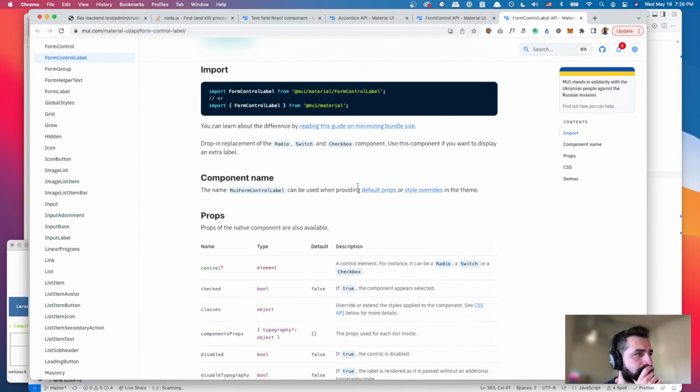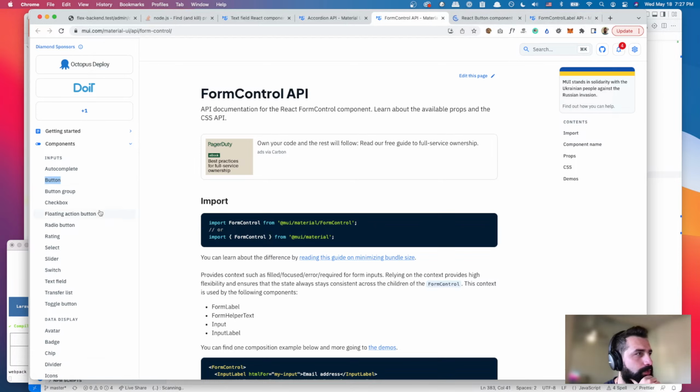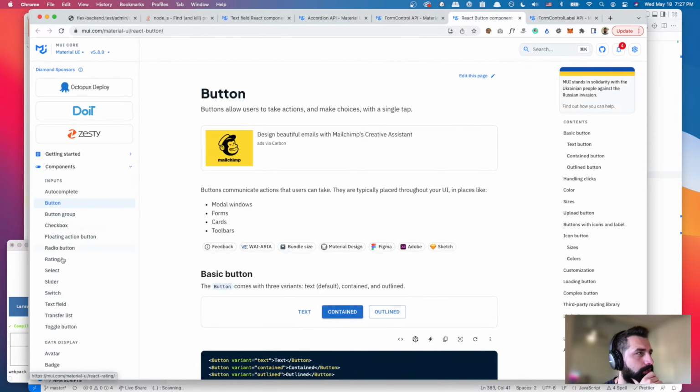The form control label looks like it's being used for radio, switch, checkbox. Just curious to see what that looks like. And I'm wondering if we can, oops, that's the button. We don't want the button, we want,